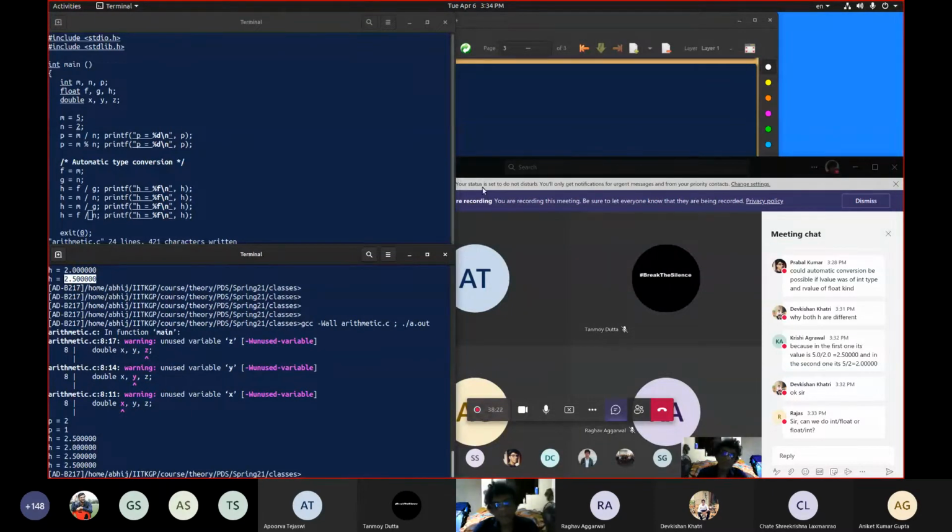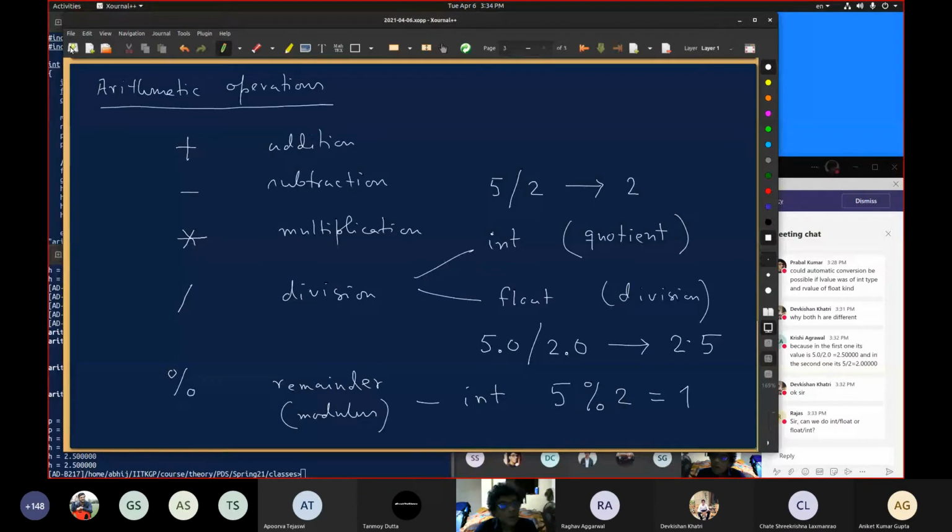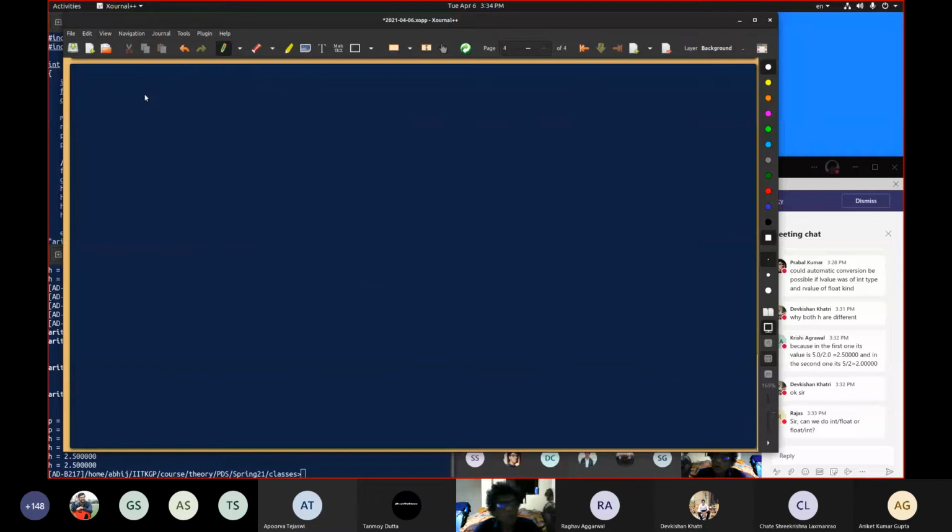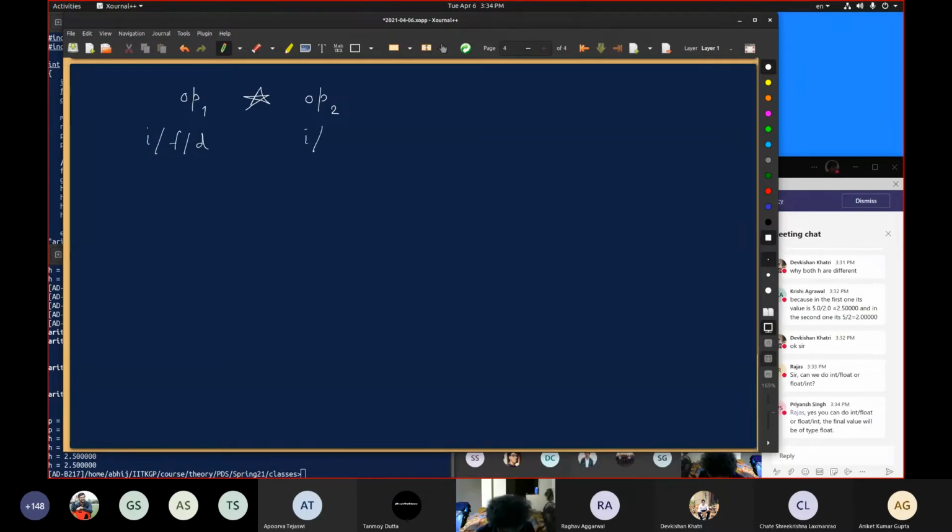The reason is that when an operation applies to, let's say an operation is something like star, which is maybe addition, subtraction, multiplication, division, something like that. Operand 1, and you have the second operand, operand 2. But they are not of the same type. So there may be int, float, double. Now what the C compiler